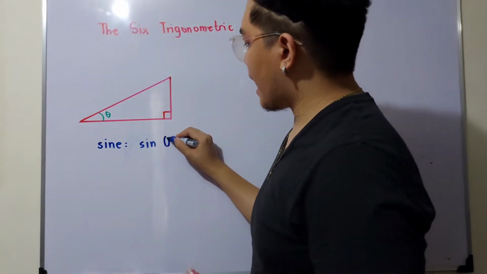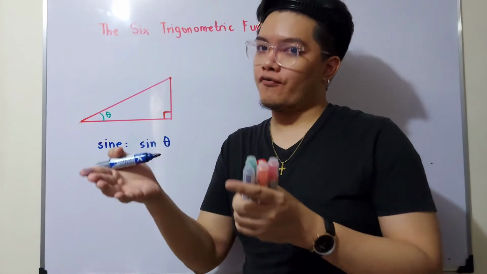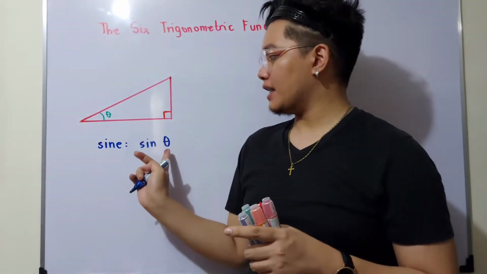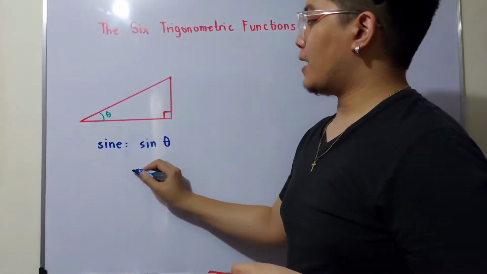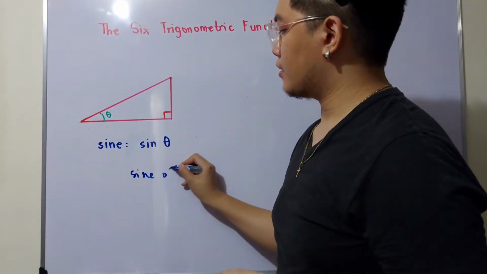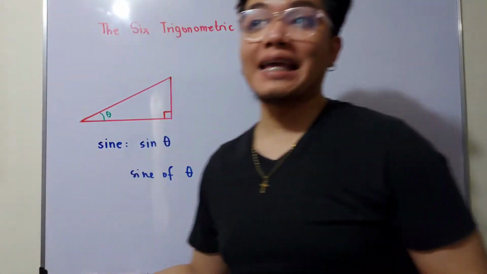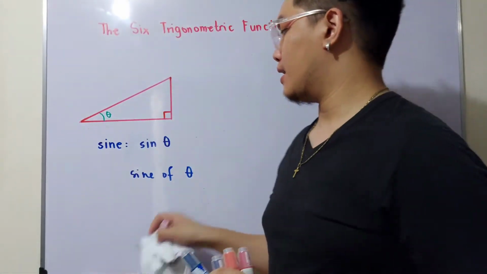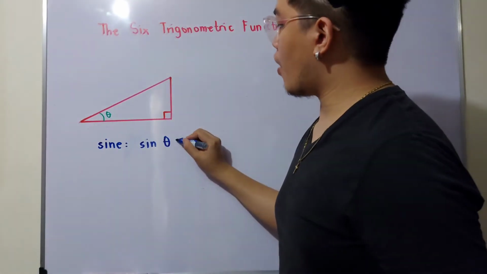So sine theta, actually, it is sine of theta. Pero tinatanggal na natin yung of, kasi ang tinutukoy yan yung sine ng theta. Okay, sine theta is equal to opposite